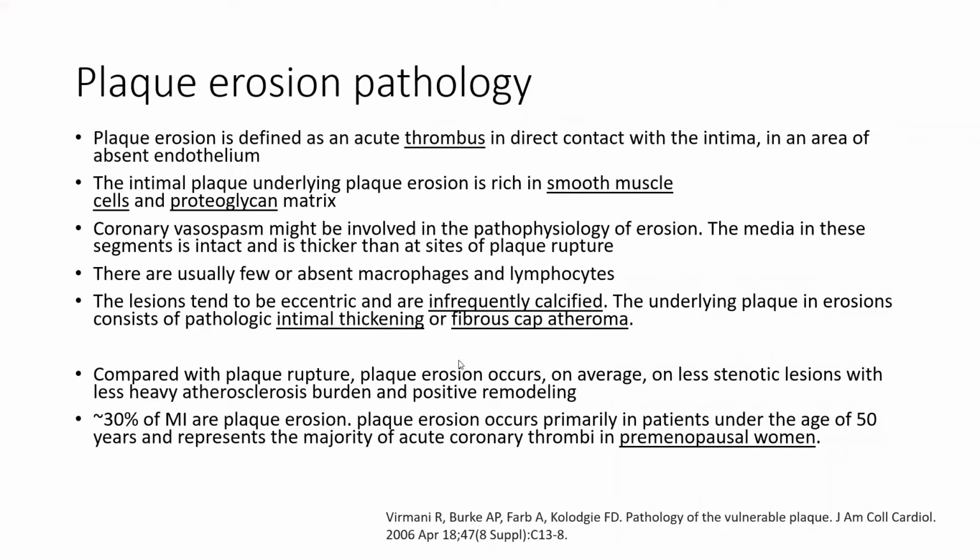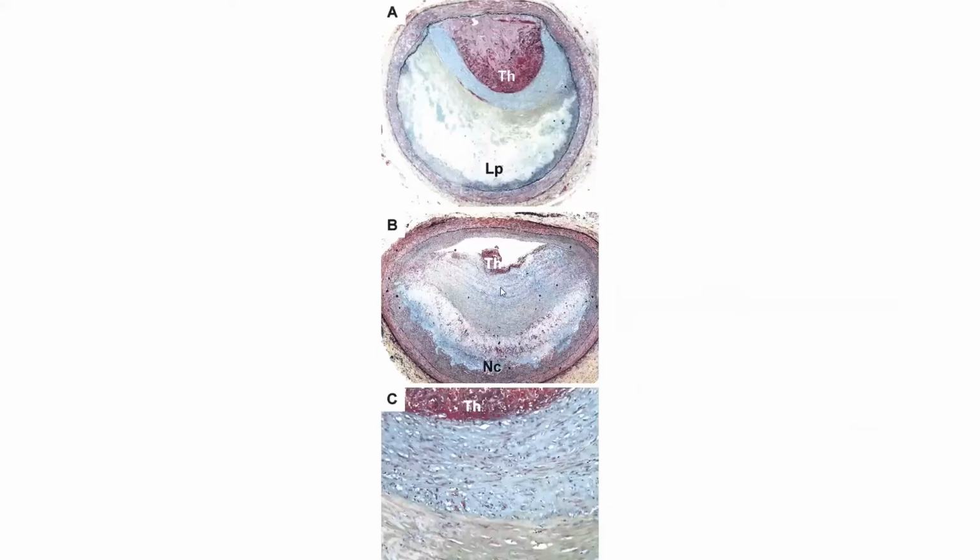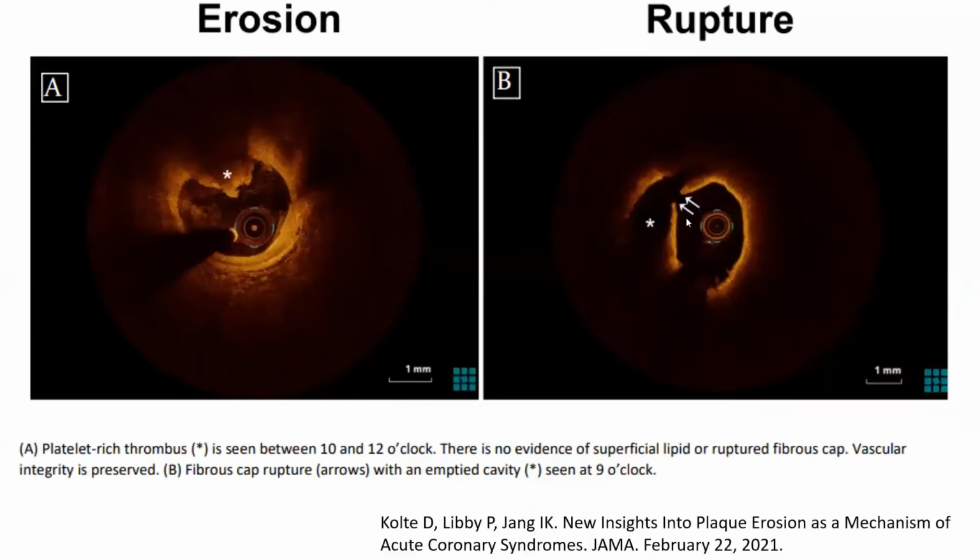As far as the mechanism, it's not well clear. The mechanism of plaque erosion, just quickly: even though your cap looks great, you actually lose endothelium on it, and that's why you get thrombus formation. But you're not going to see endothelium even by OCT, because endothelium is much less than 10 micrometers. It's like 1 micrometer. So in plaque erosion, you don't have a rupture of a cap, but you lose the endothelium